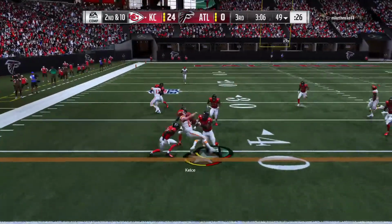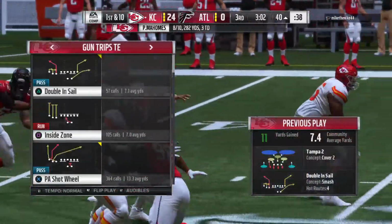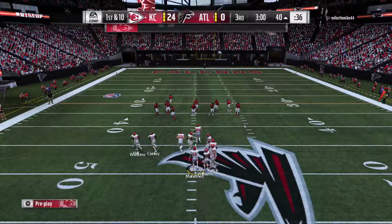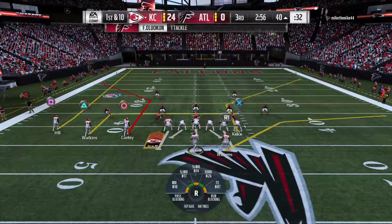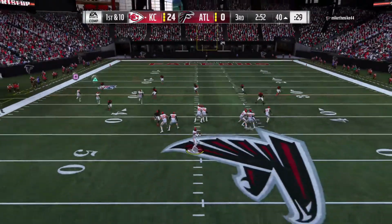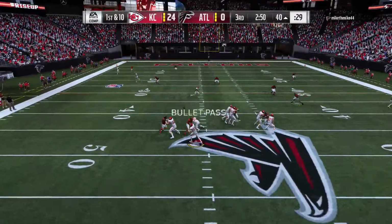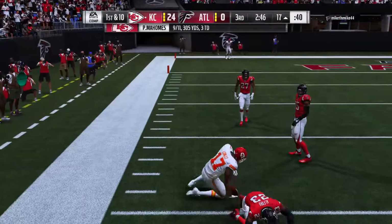It's Kelsey on the ground, and he's able to get this one down to the 40-yard line. He has a first down, and that catch will also put him over 100 yards receiving now on the afternoon. On first down, Mahomes. Caught here by Conley. And they'll wind up getting